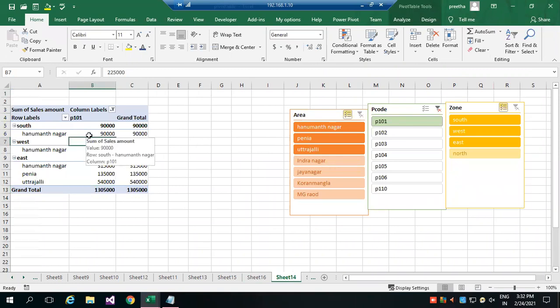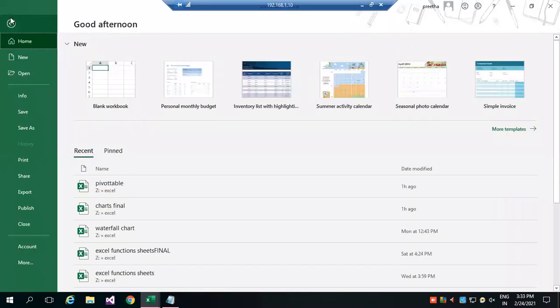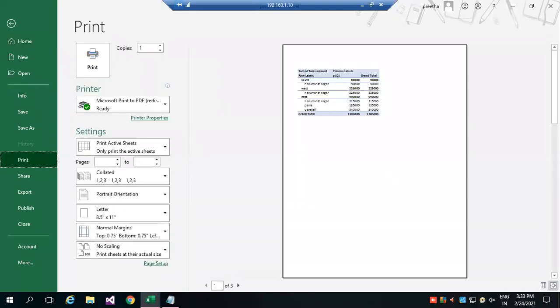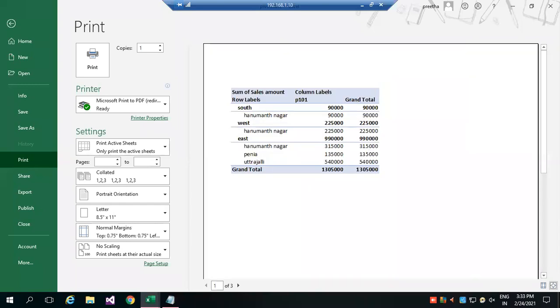So this is one of the data analysis tools which helps us get summarized information, the way I want to represent it, or take a printout, or prepare a pivot chart, or show the comparison using slicers. So you can customize it. Right now it's appearing in this way. We can see the data. Again, with all your formatting tools, you can format this table properly and give back the reports.